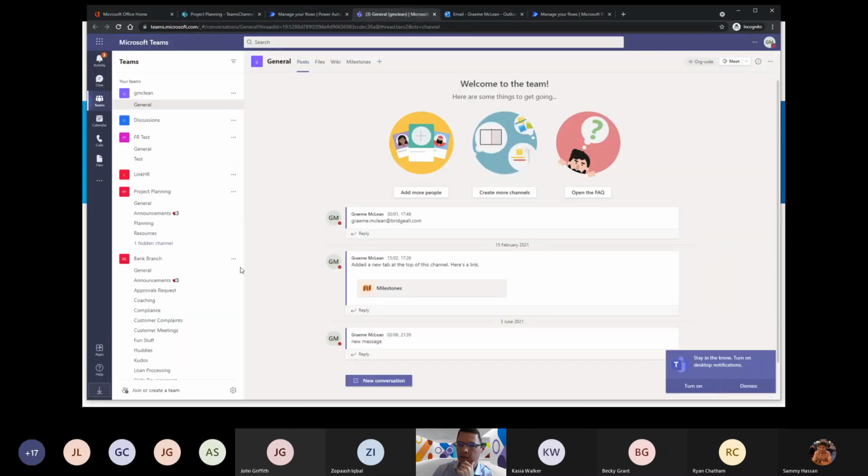So if we go into here now, we can see in the project planning team, we now have one hidden channel. If we look at the hidden channel, we've got this new automate event. So the scenario for that one would be that you don't want to give everybody access to create new channels within Teams, but people need the ability to make a request to be able to do that. So you could give them a SharePoint list or some other form that they can fill out